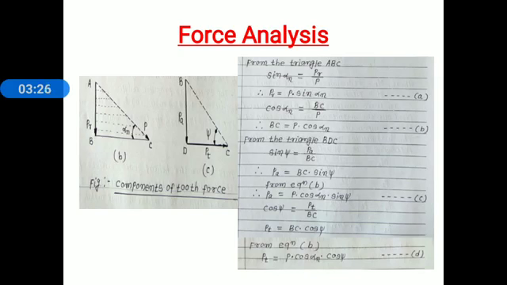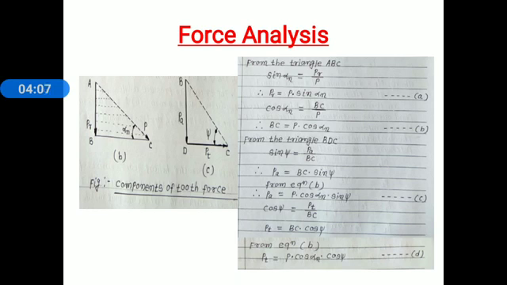Now consider figure C. In figure C, we consider a triangle BCD. From this triangle, we consider sin psi. Sin psi, front side to the hypotenuse. Front side is axial component PA and the hypotenuse is BC. Therefore, sin psi is equal to PA divided by BC. Simplify this and we get the axial component PA is equal to BC into sin psi. Here from equation B, we substitute the value of BC and we get the axial component PA is equal to P into cos alpha suffix n into sin psi.